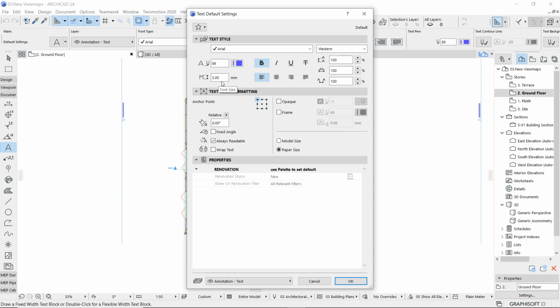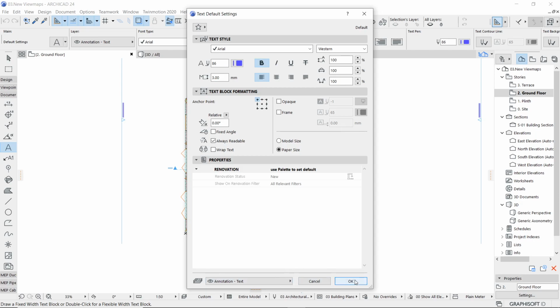Okay. Now the other things are very simple, like the anchor point, then overall rotation of the text, whether it's supposed to be with the fixed angle, and whether it should be readable or non-readable after mirroring. Wrap text is the width of the paragraph in case you want to freeze it for some particular width, and so on. So you can try all these things later. Now I'm just going to say okay, but before that just confirm that there is one layer by default which says annotation text. So this is the layer which will be utilized to place the text in your drawing.